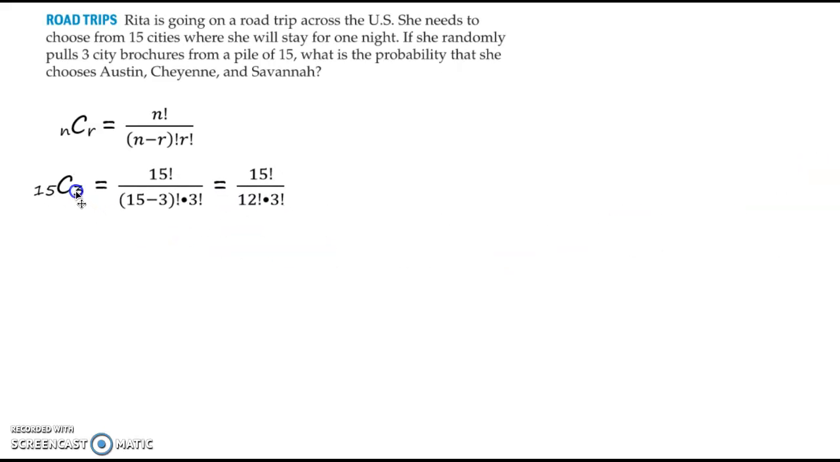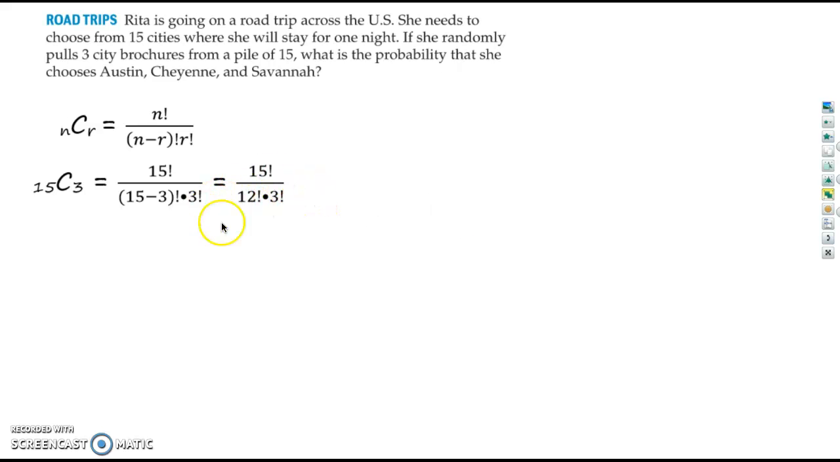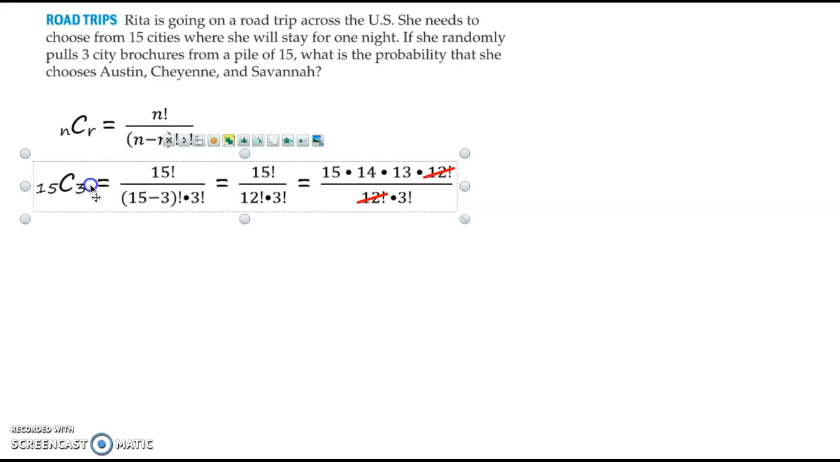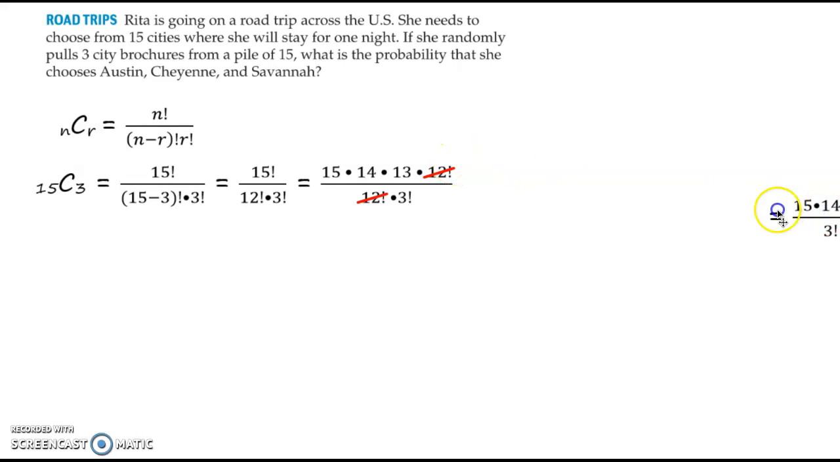Okay, so once I've done that, I would break down the 15. 15 minus 3 gives me 12. So I know I want to take that 15 and factor it until I can come to 12 factorial, since it's the biggest factorial I have on the bottom. So that gives me 15 times 14 times 13 times 12 factorial. Stopped there. That way these two can cancel. That leaves me with 15 times 14 times 13 over 3 factorial,